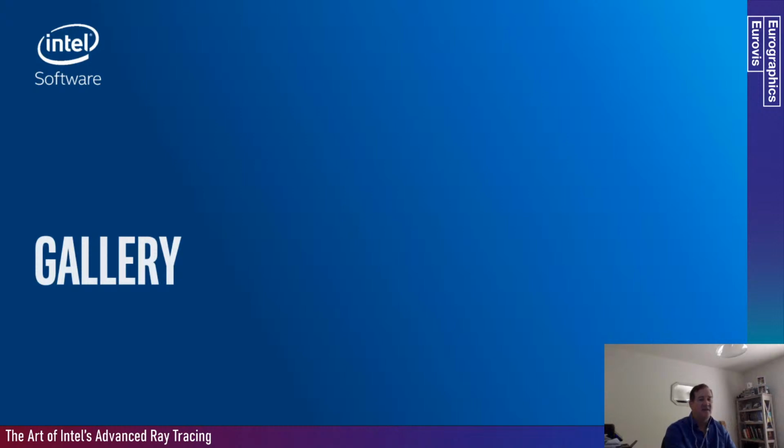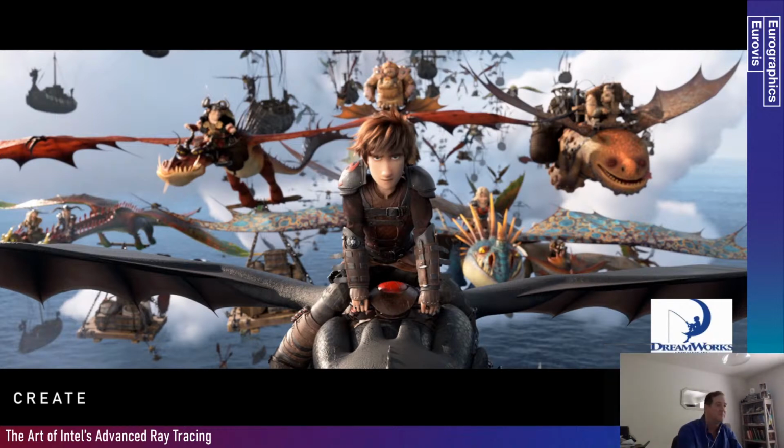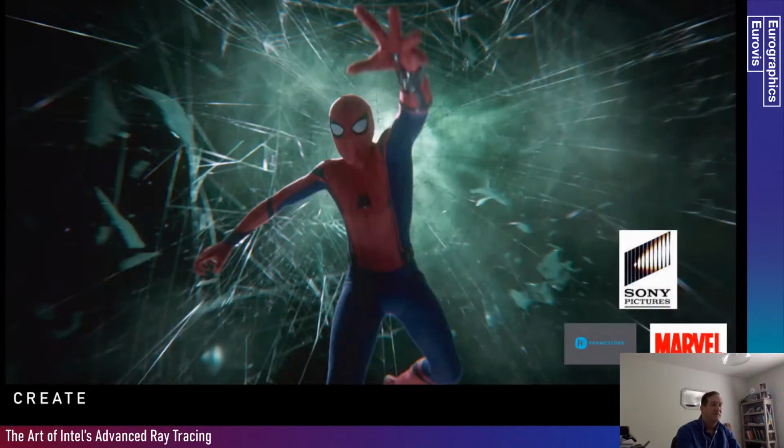I'm just going to give you some eye candy. Why not? This is a gallery. This is, again, How to Train Your Dragon: The Hidden World by DreamWorks. Fantastic view here from their MoonRay renderer, which is built on top of Embree from the ground up. Really cool shot from Spider-Man: Far From Home,